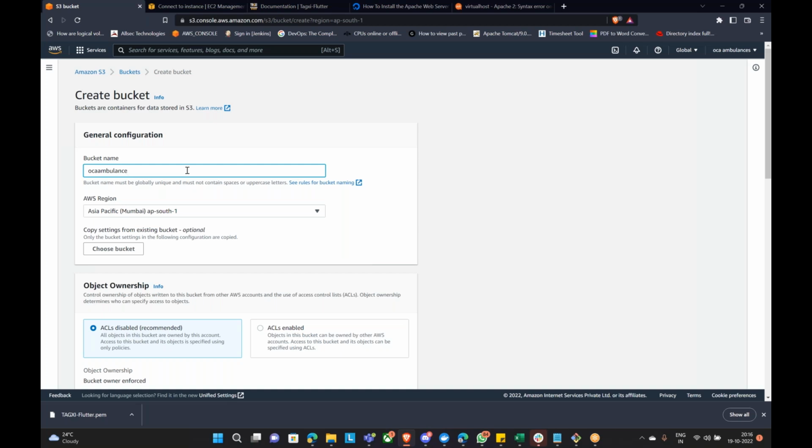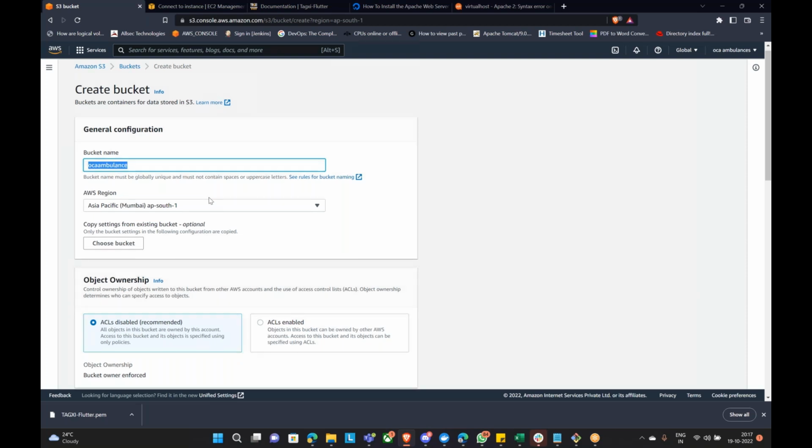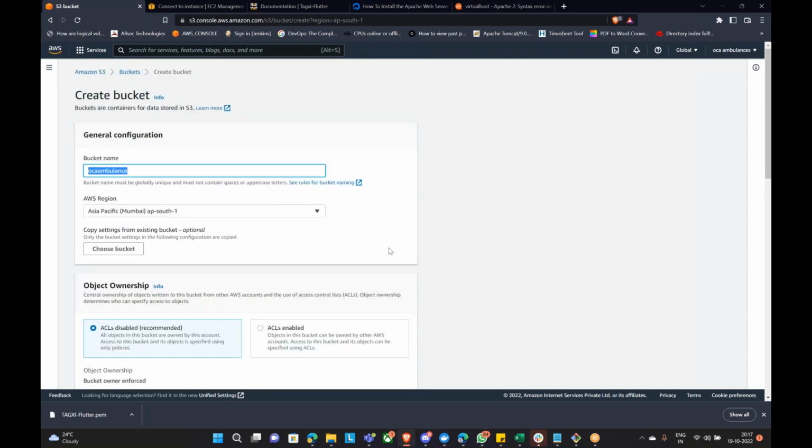This is for my account only. So this is my bucket. So no one else in the whole world can create a bucket with the same name. If somebody has already created a bucket with this name, then I cannot use it. So let us try. Now, one more thing you have to remember is whenever you come to the S3 bucket console,